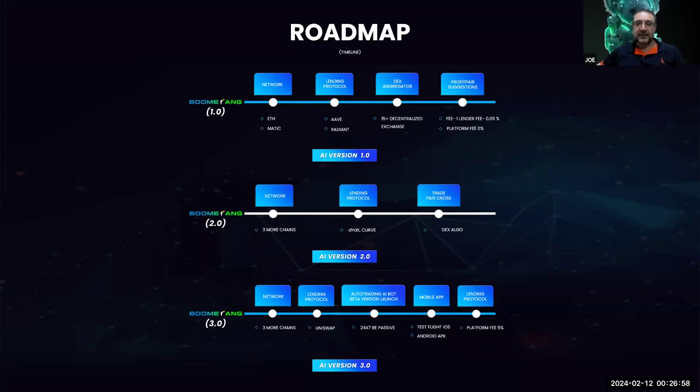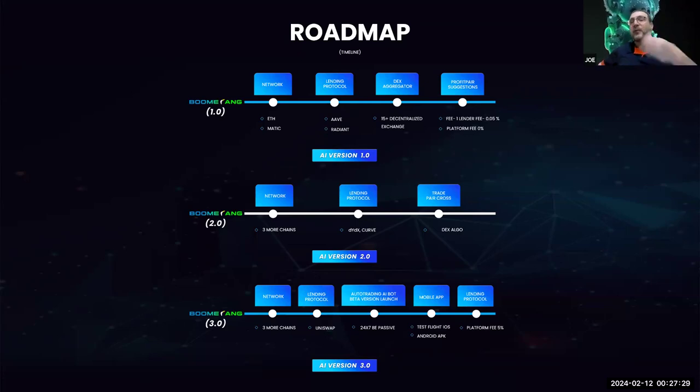Think about that, an AI bot to be added so that this will become fully automated. The AI bot will work to do all of the trading for you, which means you'll be trading when you're asleep, trading when you're at work, trading when you're driving, 24 hours a day. It will all be done for you, 24/7 passive. Imagine that. You're not even going to have to trade. It will all be done for you.